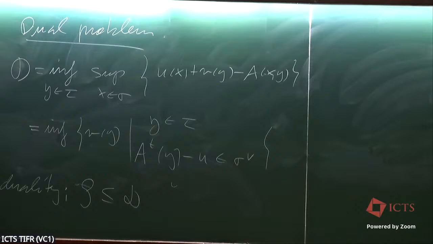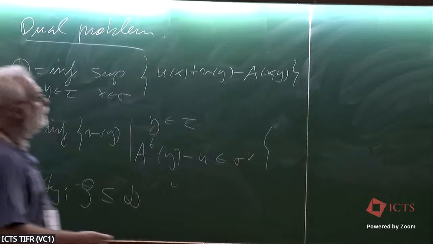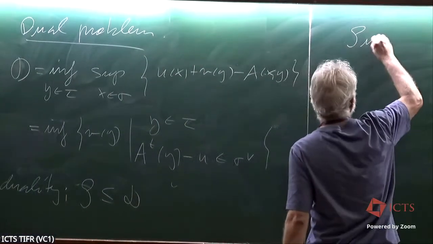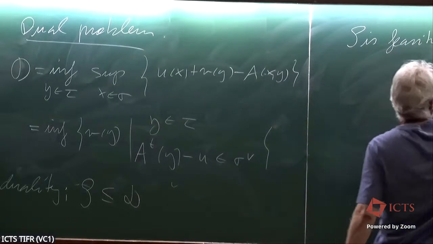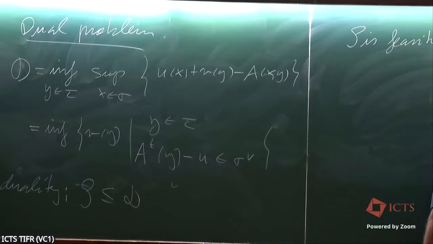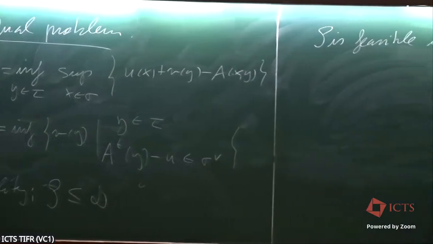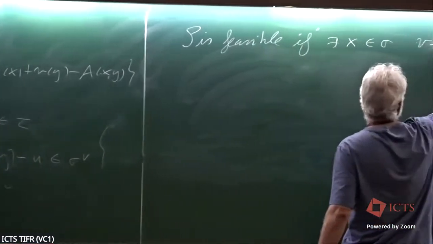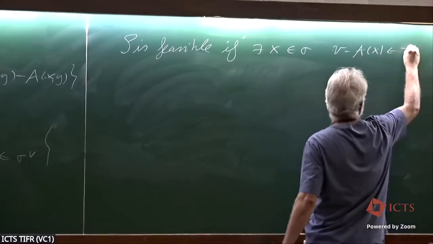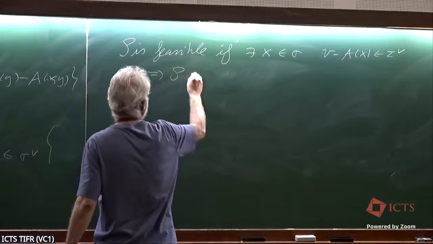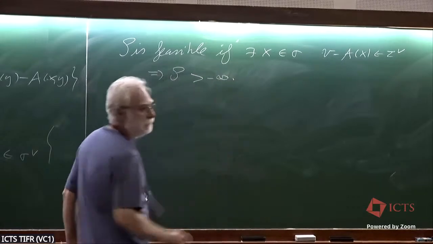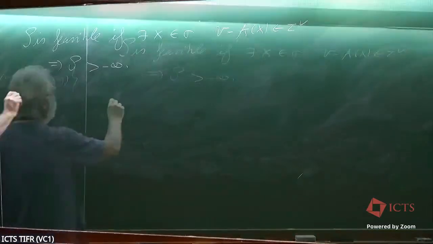Okay, so then I will say that P is feasible if there exists an x inside sigma such that b minus A of x is in tau, which is equivalent to asking that P is strictly bigger than minus infinity. And we'll say that P is bounded